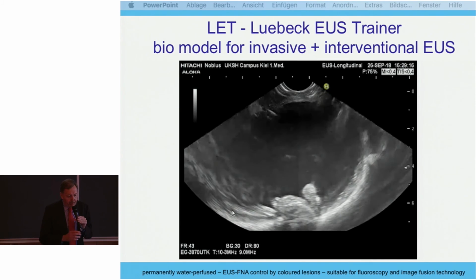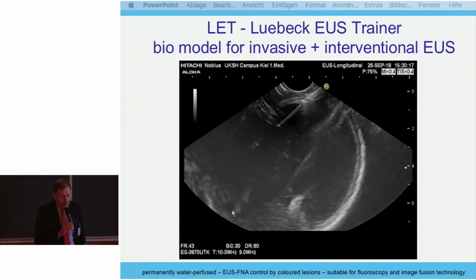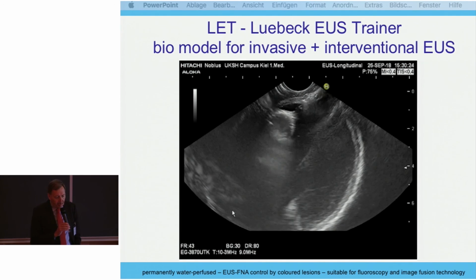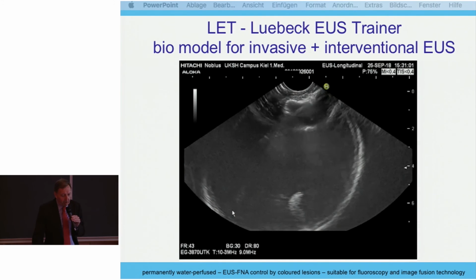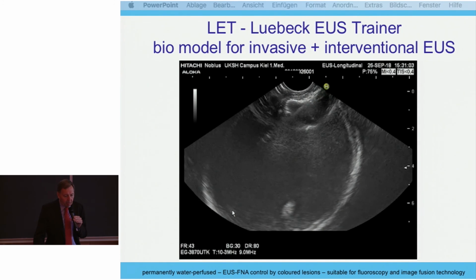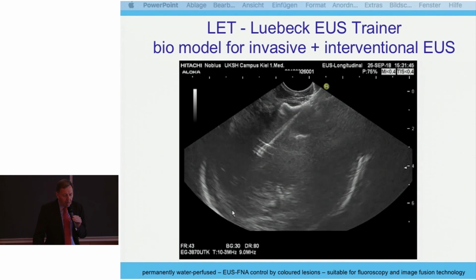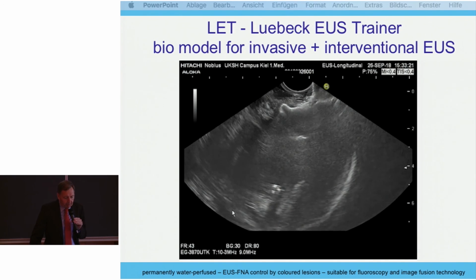And it's very easy. This is an Axios stent, placed in a bladder, so it's filled with water. You can as well fill some other substances inside. You see the stent, the deployment of the stent. And you have an electrosurgical connector to make any invasive or interventional training.